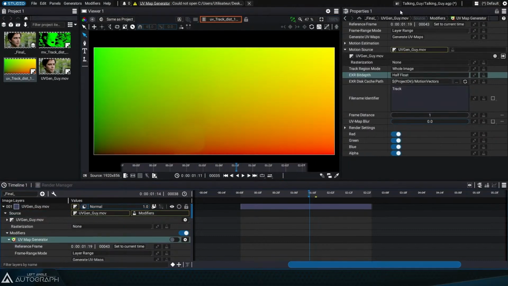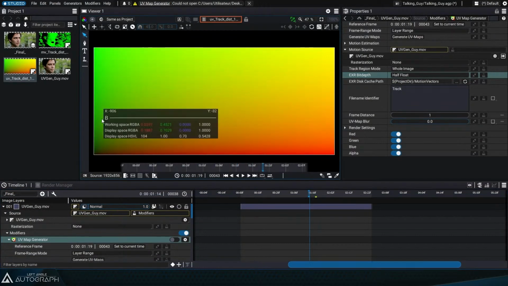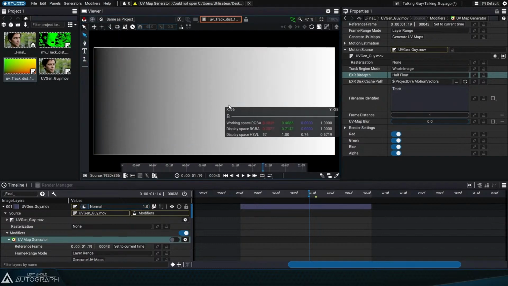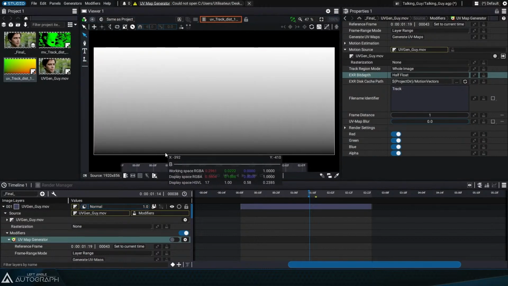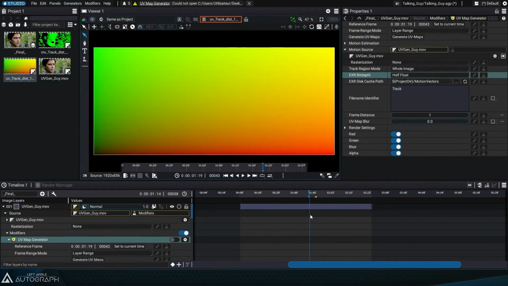Remember, we defined a reference frame at 43. So if you go to 43, you can see that you have a perfect gradient from left to right in the red channel and from bottom to top in the green channel. And progressively, if you move in time like this, we can see some distortion because the pixel that was exactly at this position at frame 43